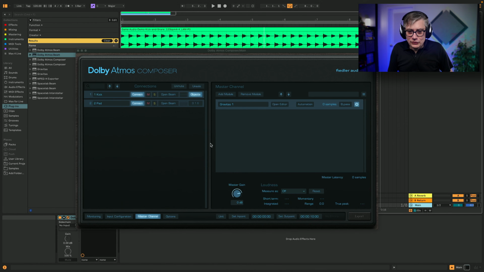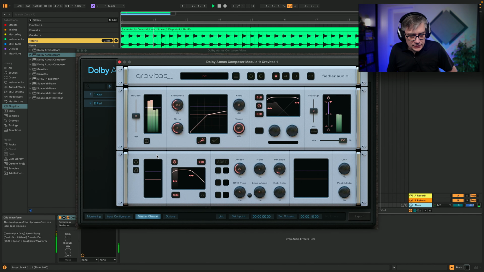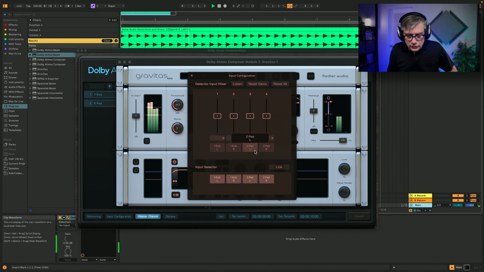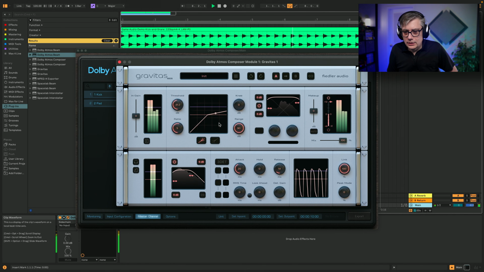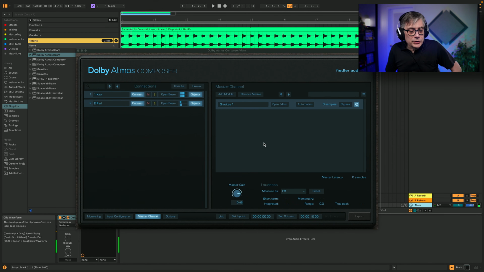So let's do that. Now, the first thing I'm going to do is set the audio back the way it was. So I'm going to change the pad back to an object, and then let me just go back into the settings, and what I'm going to do is, once again, the kick is going to drive the pad. Yeah, so let's set that back, and now we are back to where we were before we changed the pad into a Dolby Atmos pad. And what I'm going to do is add a reverb to the kick.